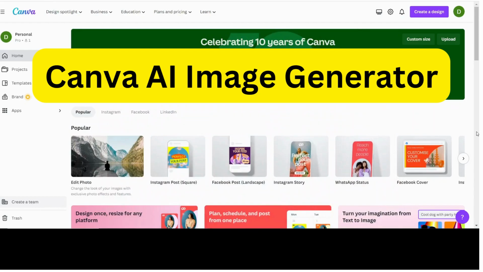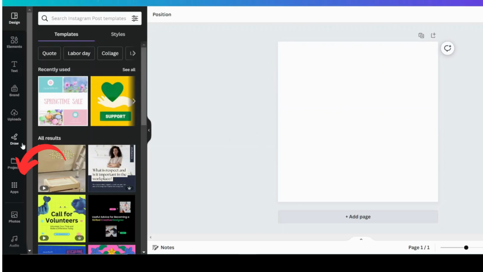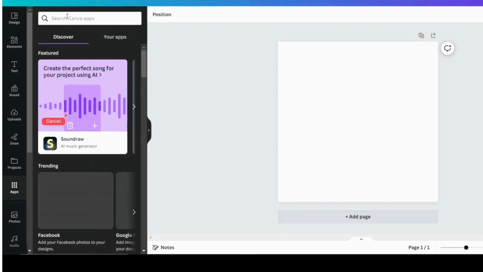In today's video, we will be looking at Canva's AI image generator. So what we do is we're going to create a design. So we'll just go to, let's say, social media, and we'll go to Instagram post. So once this is open, we go down to apps on your left side, click on apps, and you can,